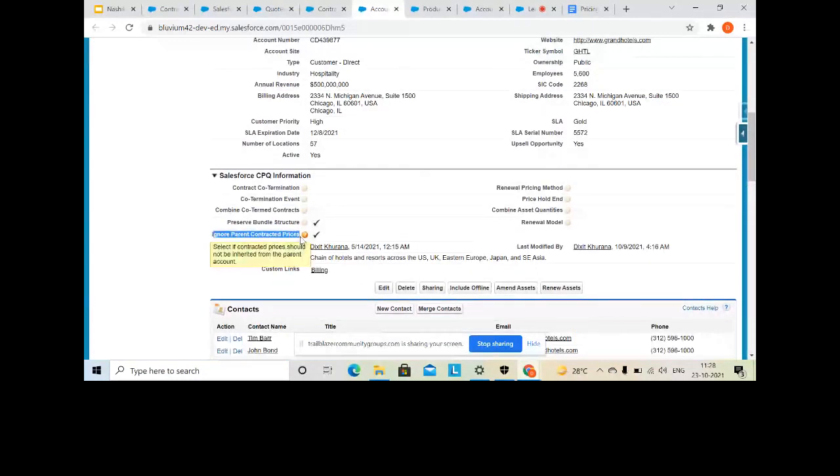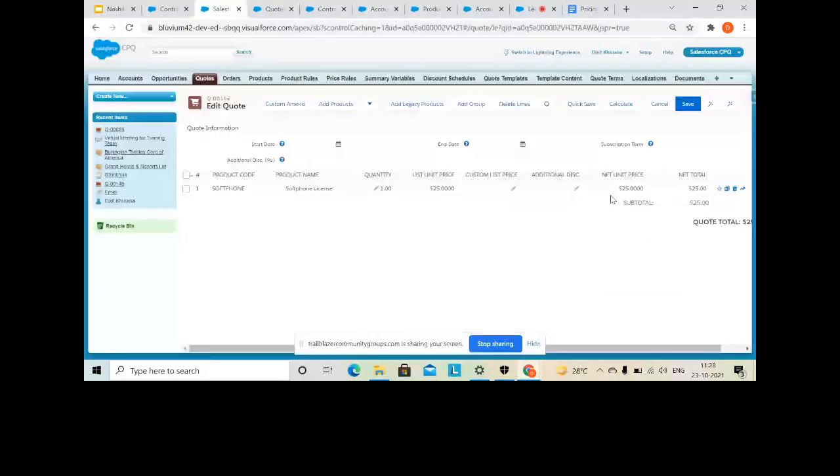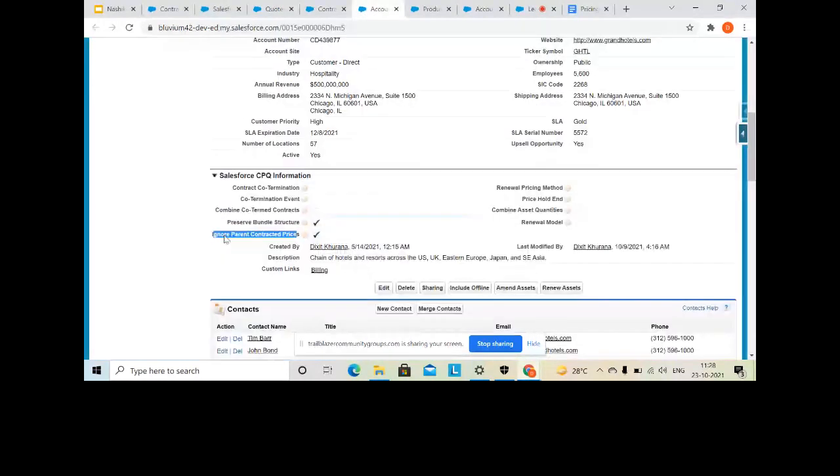I have quoted this product against my child account and it is not reflecting the contracted price because on the child account, I have checked this checkbox. If you want to restrict your accounts not to take contracted price from parents, you have to simply check this checkbox on your account. Then it will not take the value from the parent.